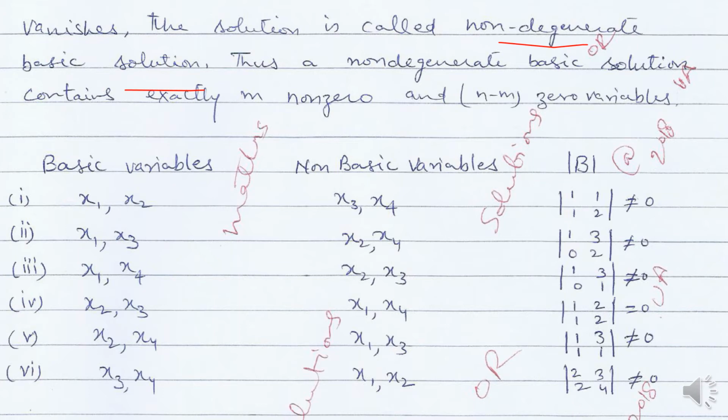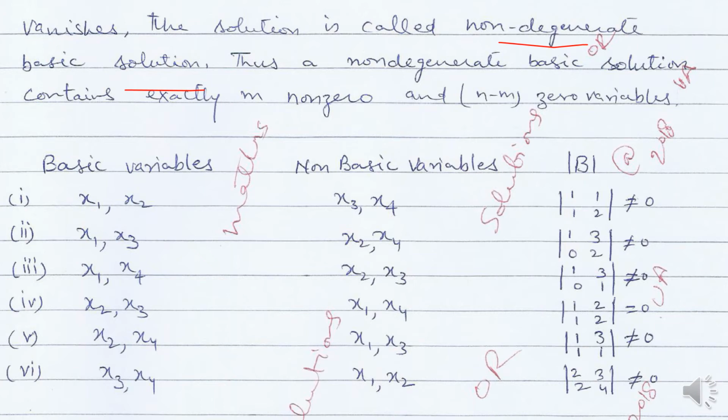But when we talk about the simplex method, where we draw a table and try to find the entering variable and leaving variable, in that case also how we decide whether it is basic feasible, non-degenerate or degenerate, that definition we will discuss in the next slide. So here we are taking a non-degenerate basic solution containing only m non-zero variables, m here being 2, and n minus m, that is number of columns minus number of rows, zero variables.